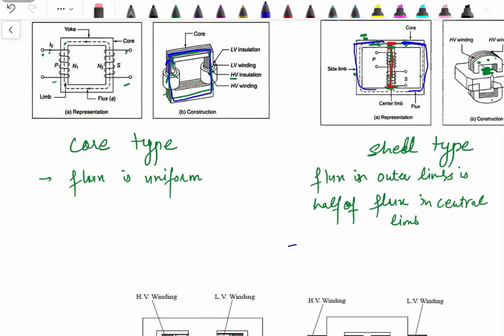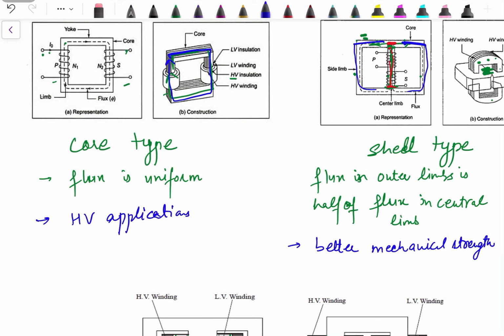The shell type has better mechanical strength in comparison to the core type. So core type is more suitable for high voltage applications since